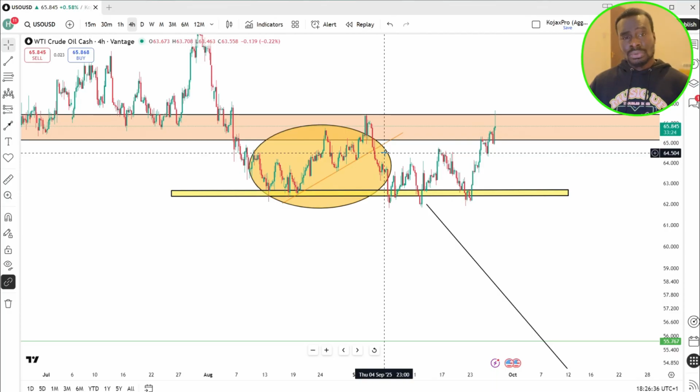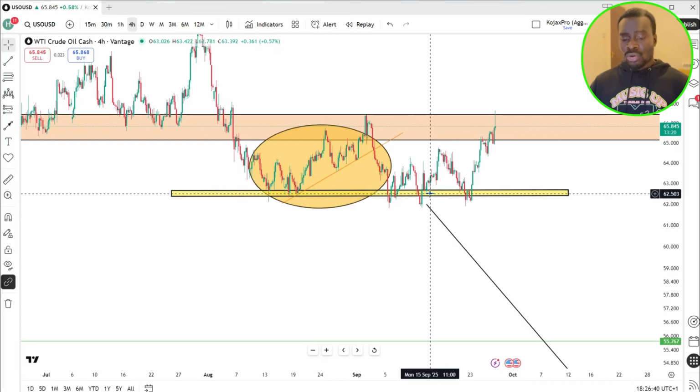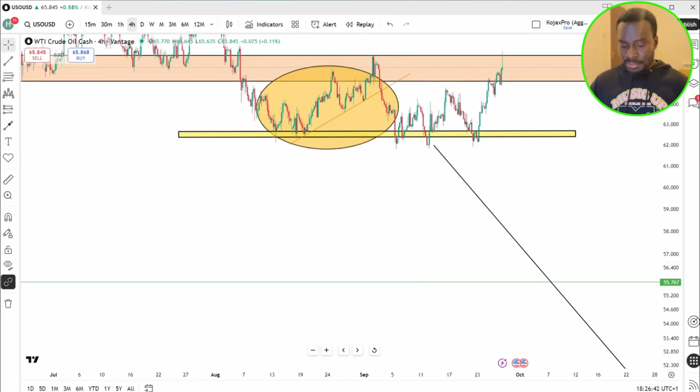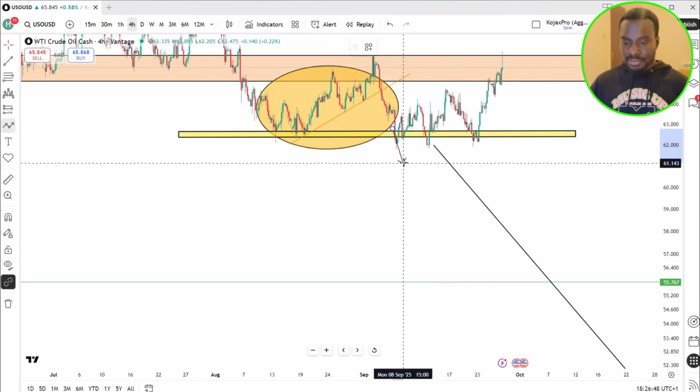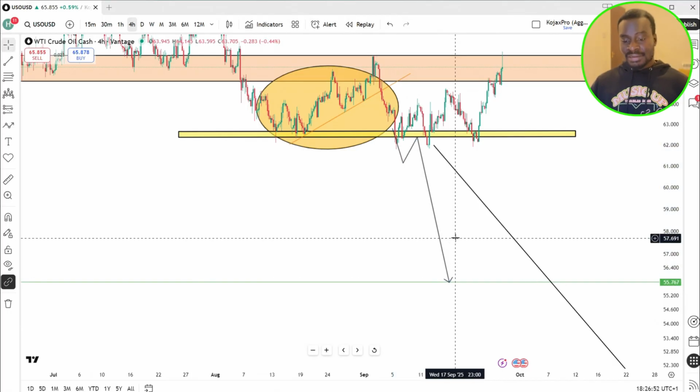That is how to go about risk management. Now the market retested this zone several times. What was I waiting for? I was just waiting for a clean break below this zone. So when the market came here, I was just waiting for a clean break below this zone and then a retest. I'll take this trade to the downside, and definitely the market will have eventually gotten to $55 a barrel